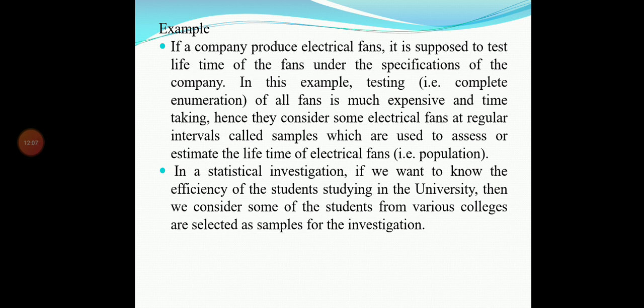Such a procedure is known as sampling. We have to measure the efficiency of all the students of the university, but in place of that we consider a part of the population, that is some number of students from various colleges,